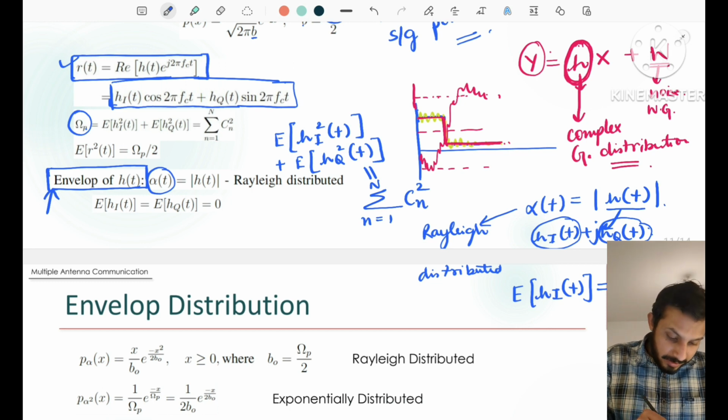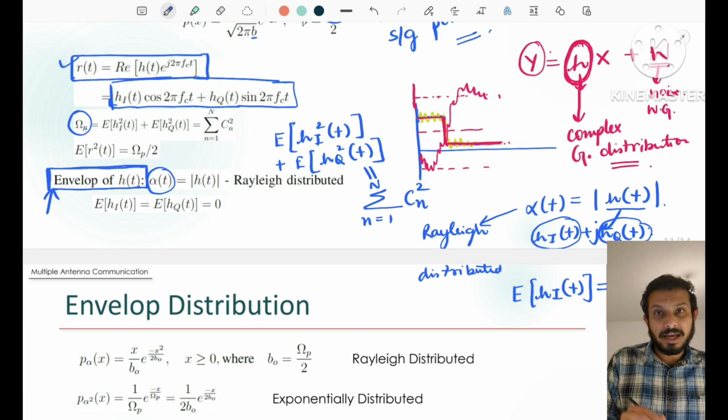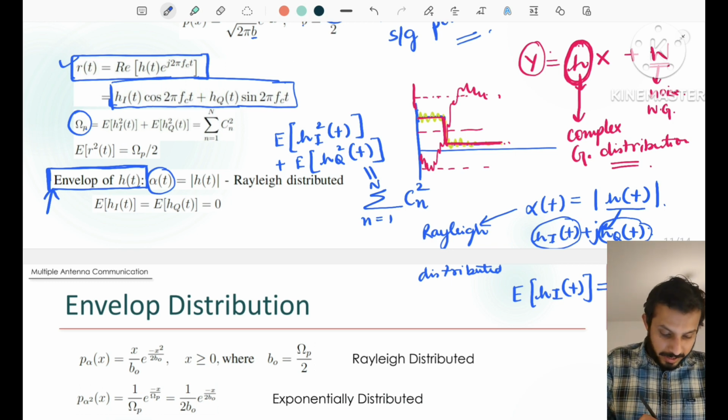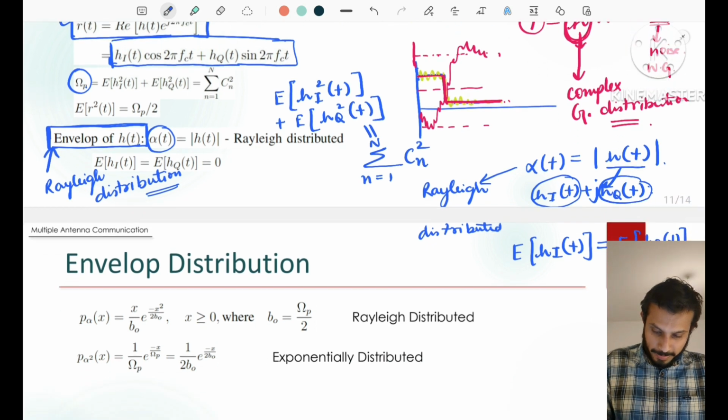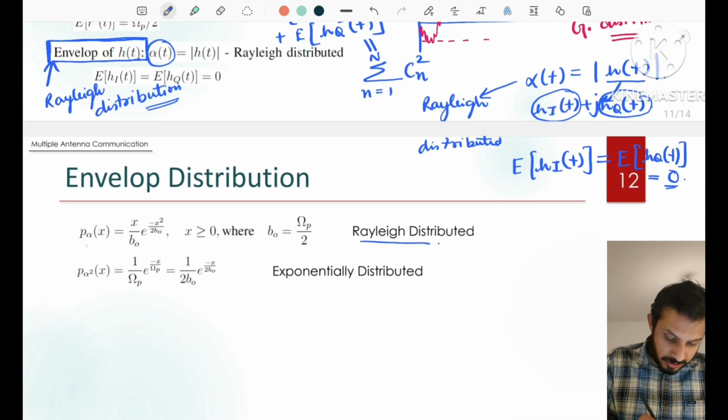The interest in the envelope lies in the fact that it gives an indication of the signal power, and in our case it is Rayleigh distributed, and Rayleigh is a simplistic distribution. It helps us to analyze the communication system, and it is used in most of the analysis, and the expressions are really easy. So as a result, we also get very good mathematical expressions that are easily tractable. So the PDF of the Rayleigh distribution is given by x upon b naught e raised to the power minus x square upon 2b naught, where x is greater than 0, and for x less than 0 it is 0 because the envelope can only take positive values,